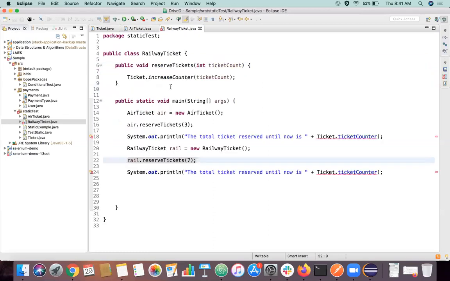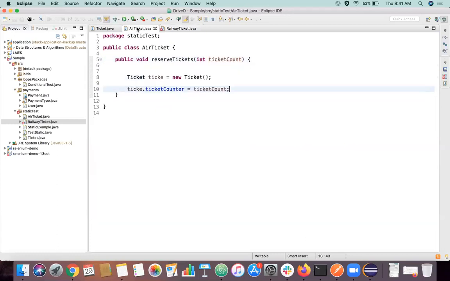Now I have this railway ticket. I wanted to increase this ticket value based on whatever value we get from this argument, right? For example, now I don't have to increase this value from 0 to whatever I get here. Example, we are passing 7, right? I don't want to increase this value to 7. I just wanted to increase this value based on the already increased value, that is 3. We already increased to 3 here, right?